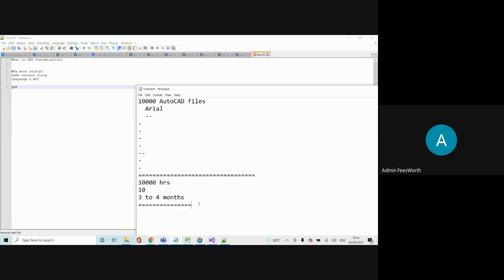And after 4 months, what is the guarantee all 10,000 drawings he did perfectly? Can someone give that guarantee? I hired some fresher or some experienced guy, let's say a 2-3 years experienced AutoCAD draftsman, and asked him to do all these changes. He took 4 months and completed all. He's telling me he completed. What is the guarantee that he did everything correctly? Now, how will I verify?